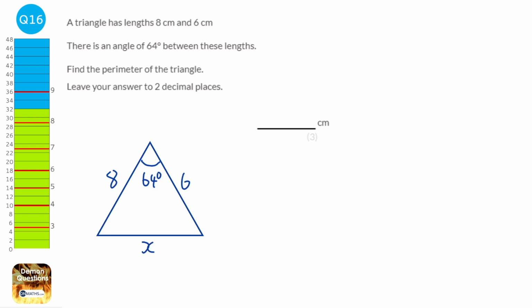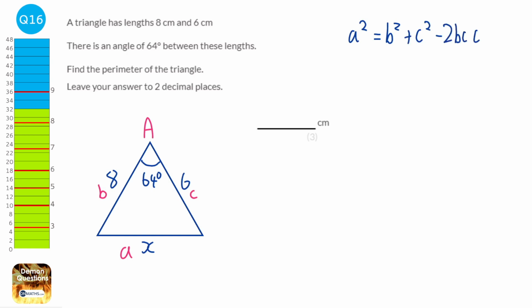Now we're going to be using the cosine formula. So the cosine formula involves angle A. So we're going to label the angle A, and the side opposite the one we label as A is going to be little a, and then little b and little c, it doesn't matter. It doesn't matter which way around you do them. So we're going to write down the cosine formula. So it's a squared equals b squared plus c squared minus